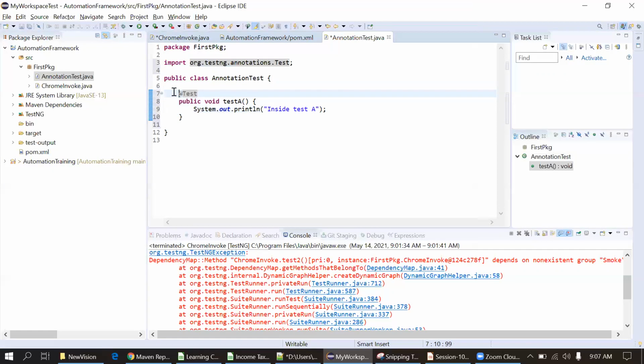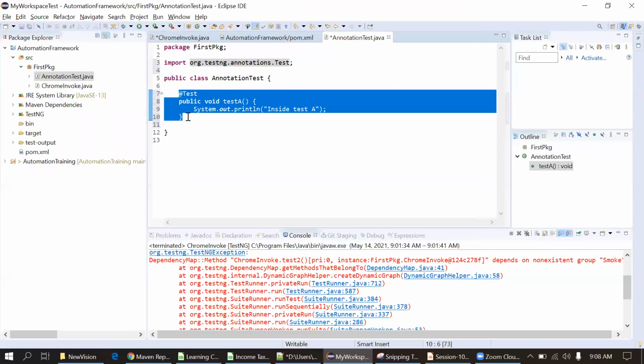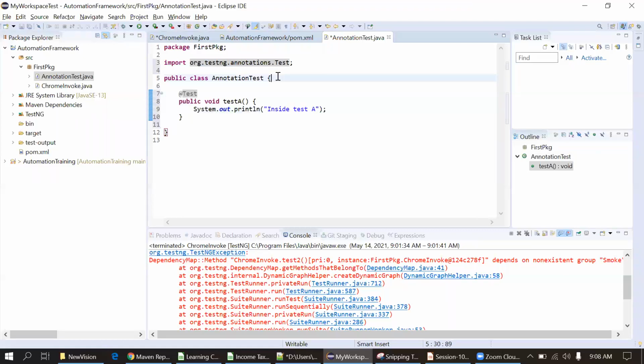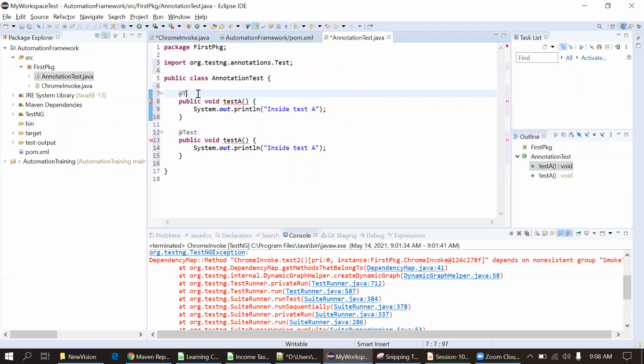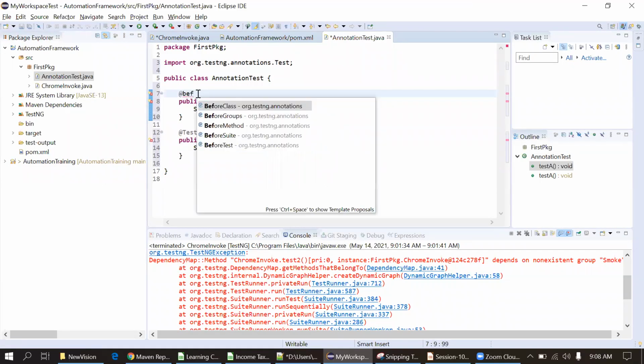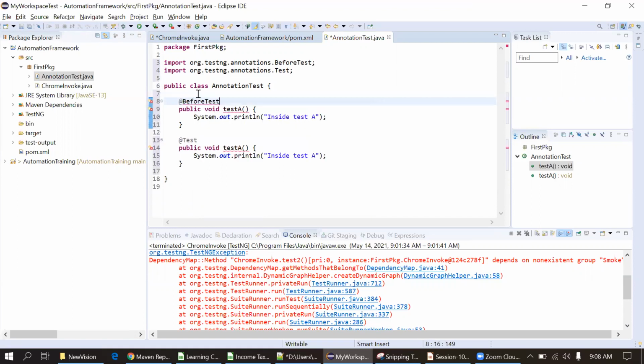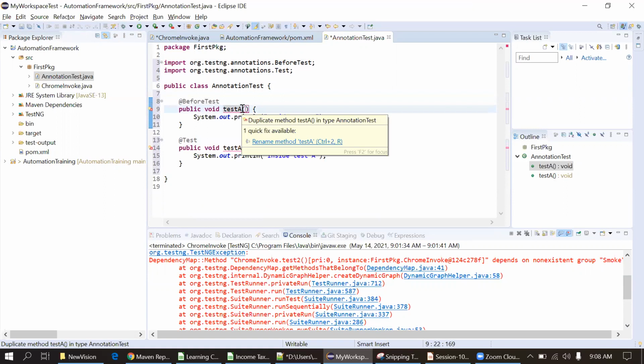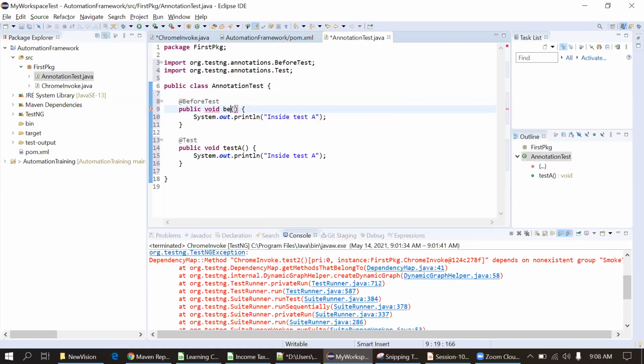Okay, so suppose there is a requirement that I have to execute something before this actual test case. So I will use @BeforeTest, this last annotation. I will give it the name beforeTest only, then I will copy this print statement inside beforeTest.